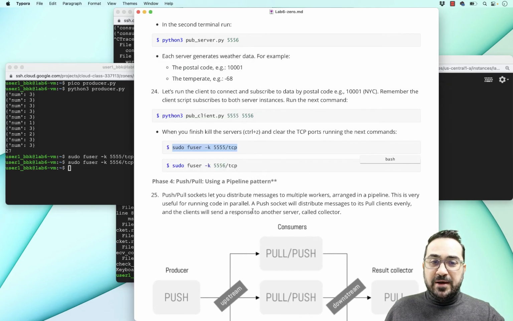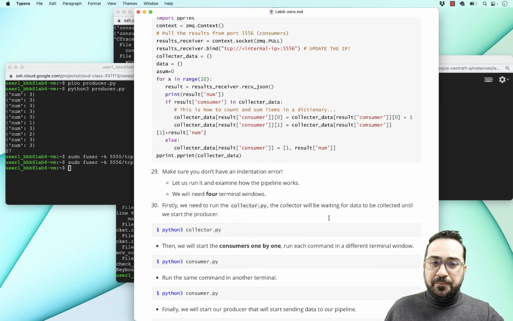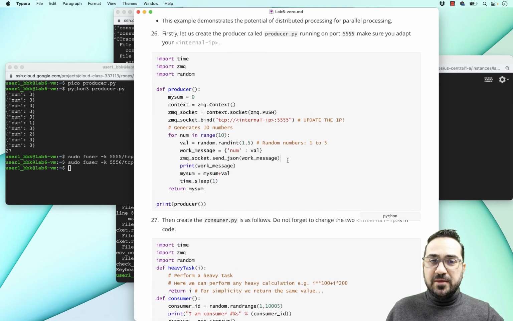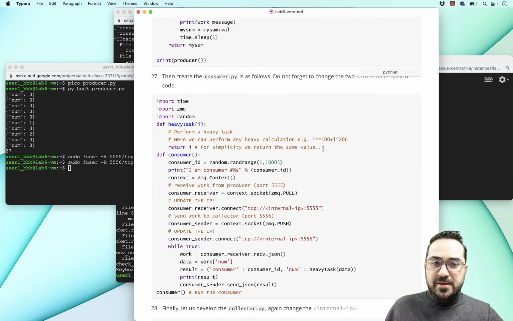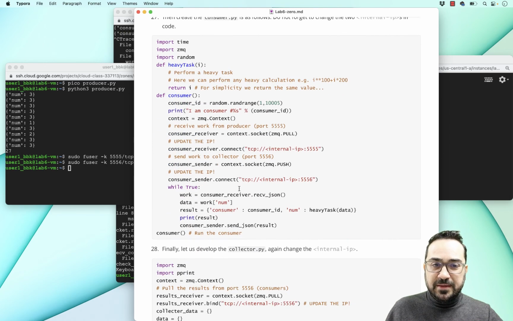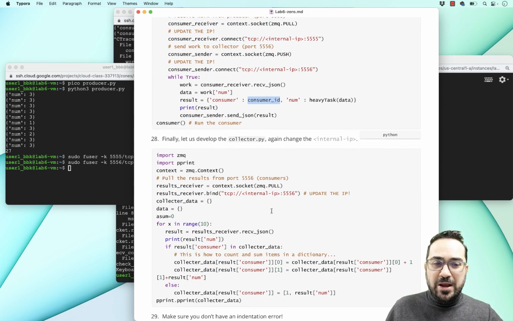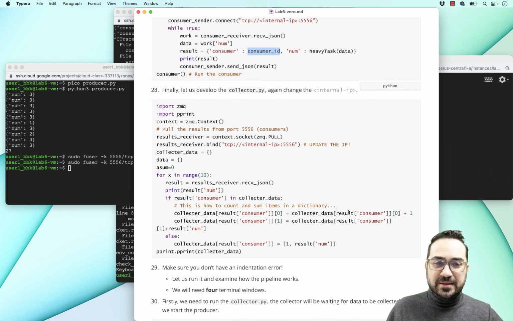All right. Now, again, let me go back to my scripting here. The code, just to go through this together, is that the producer runs at this particular port and generates a random number between 1 and 5. Then the consumer collects the data, and you have also some formatting here, for example, consumer ID. And then the collector, at the end of the day, collects the data and summarizes the data. You can see here how this works. Just go through this code and probably you will get a picture of what the functionality of the collector is in this case.